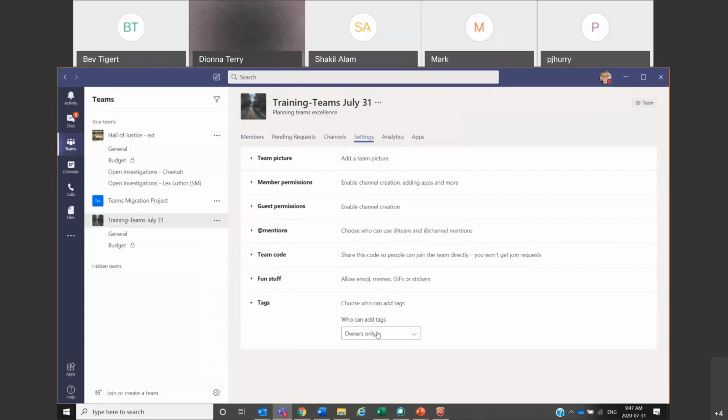And then tags, who do you want to be able to create tags? Again, those are the at leadership. So just another way to communicate within groups. It could be the owners only, or you can have all members. Very simple, all up to you. So settings, this is where we'll spend some time. And then analytics is a really good way.